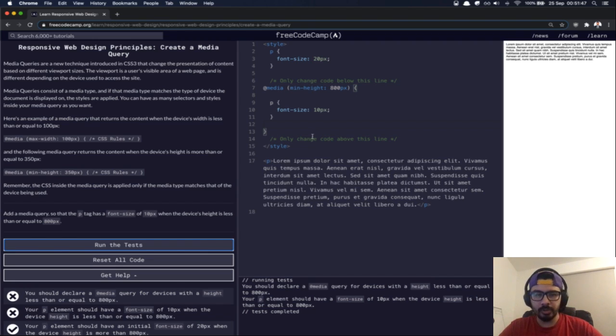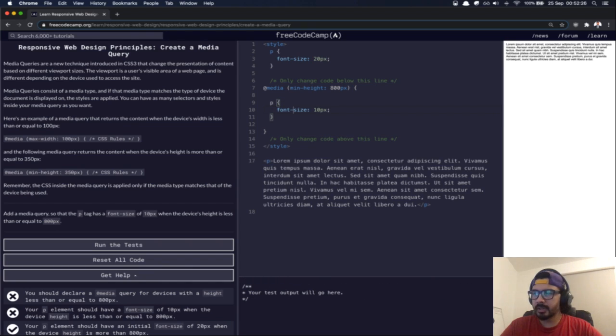Okay, maybe not. Maybe I was wrong. Add a media query. Okay. CSS rules. So normally it's 20 pixels, but when it is height I'm doing, right? Device is height. So min height 800 pixels. Yeah. Okay, and the rules can be for the p tag. Font size is